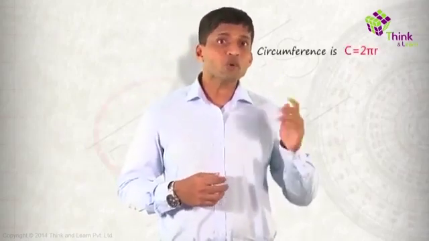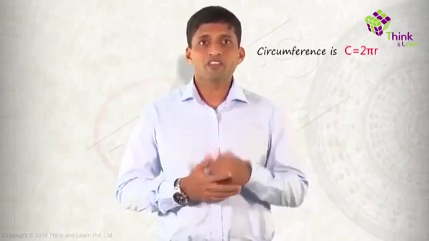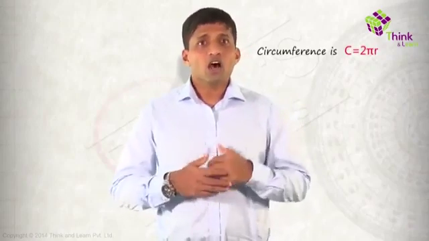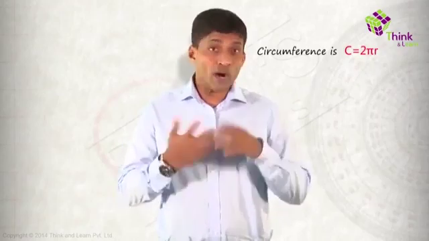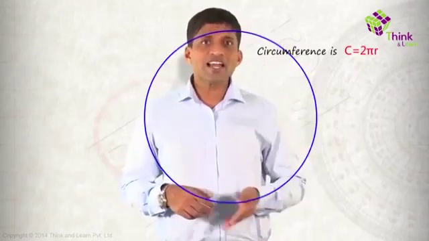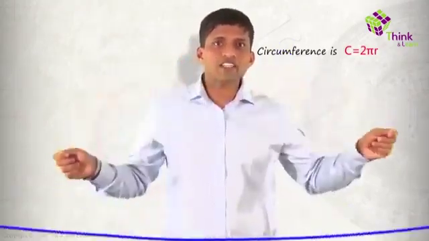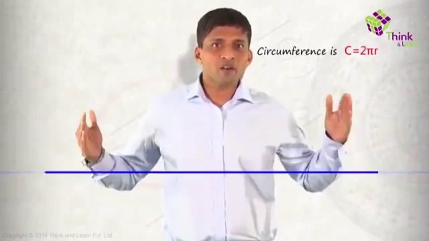Now the length of the complete circle is called the circumference. If you try understanding more about circumference, what is the circumference of a circle in terms of radius? It's 2 pi into radius. That's why it's 2 pi r if you take r as the radius. Now if you want to visualize what is circumference, if I take a circle like this, cut the circle, and straighten this out, the length of this line will be 2 pi r.